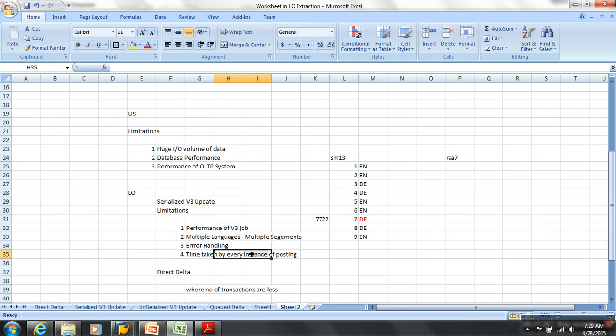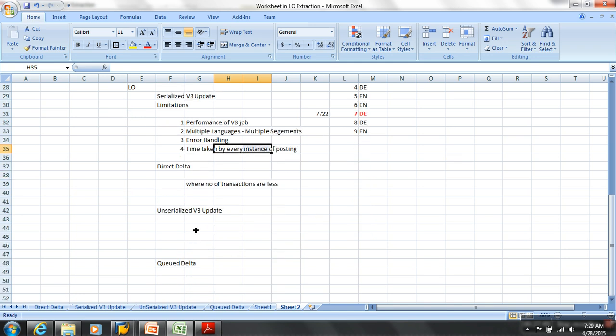But we will have a problem where we are not getting any serialization. We are eliminating the sorting process in this, but we are able to solve all the problems. But the main problem is what? We are missing the sequence of posting. Yes or no? So he says, use unserialized V3 update in a scenario